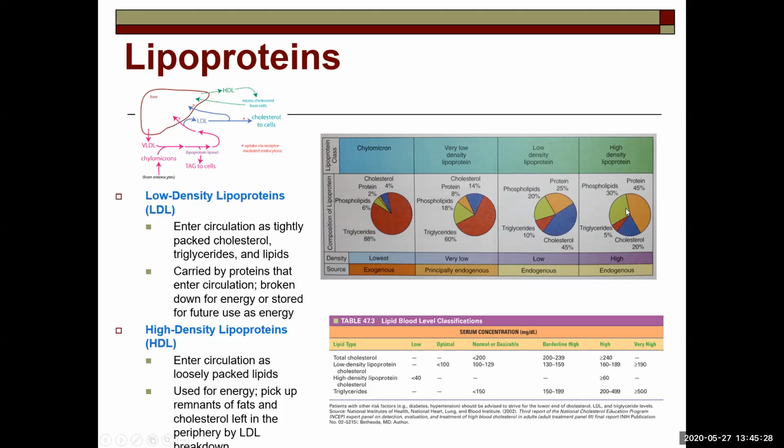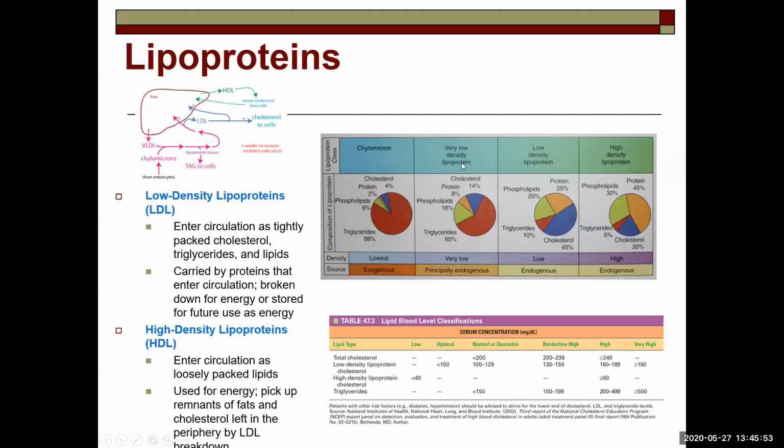The high density lipoprotein, which is this, has the least amount of triglycerides, the most amount of proteins, as you notice, and a lesser amount of cholesterol. The LDL would have 25% protein, 45% cholesterol, and then 10% triglycerides, which